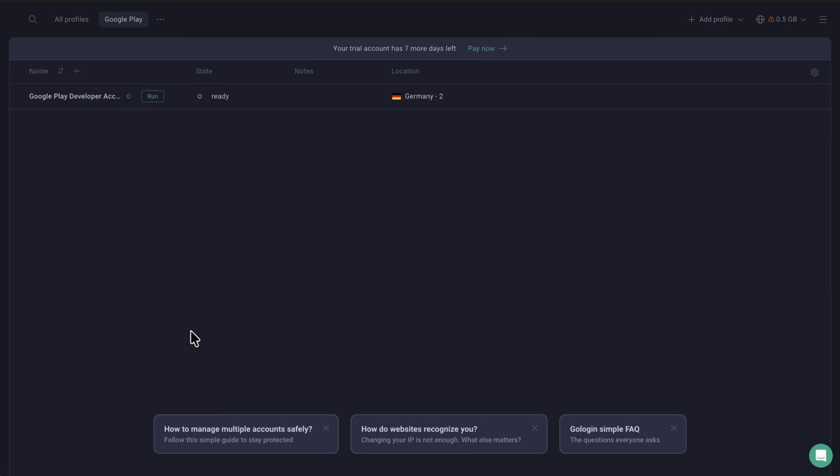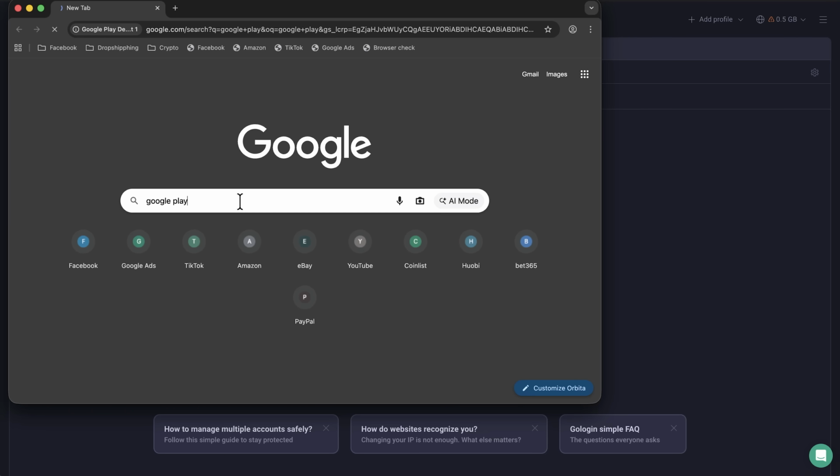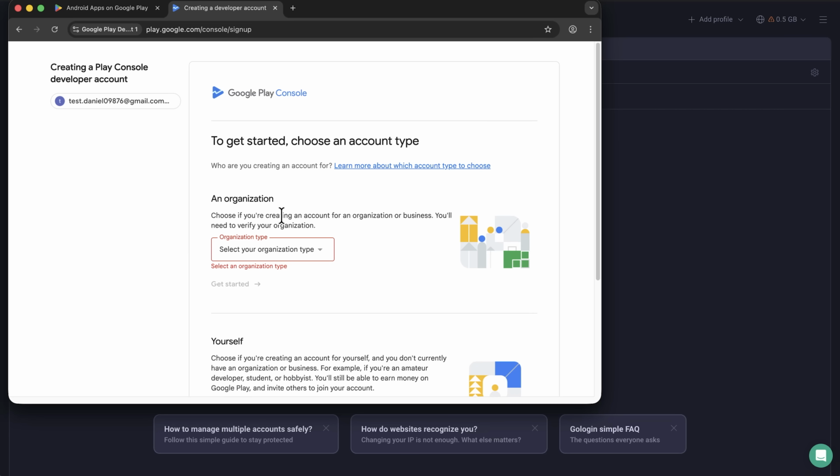Alright folks, as you can see, the profile is fully configured. I hit run and a new browser window opens. It looks and feels exactly like Chrome, which is the point. Nothing unusual, nothing suspicious. Now I search for Google Play Console, navigate to the site, and we start setting up